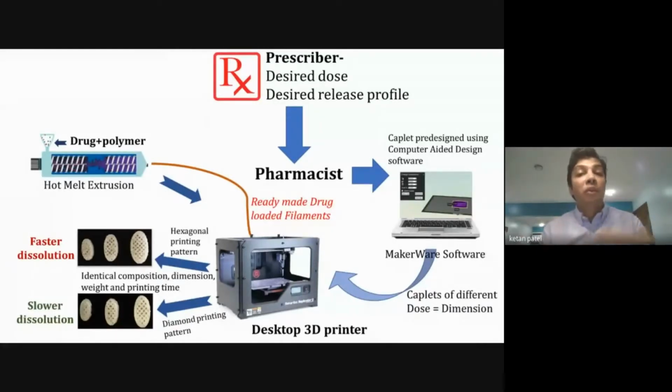We are moving forward with more targeted EGFR-type therapy rather than just focusing on chemotherapy, where you just give one dose to everyone. So they will come to that later. The second part is, as soon as the pharmacist comes to know this is the dose and this is the release profile we need,